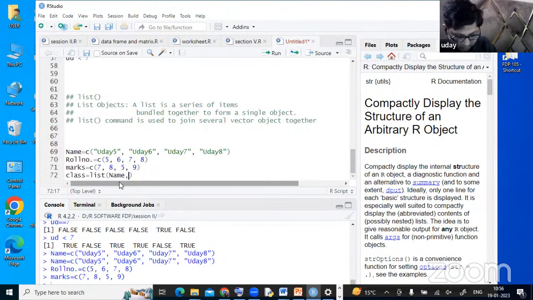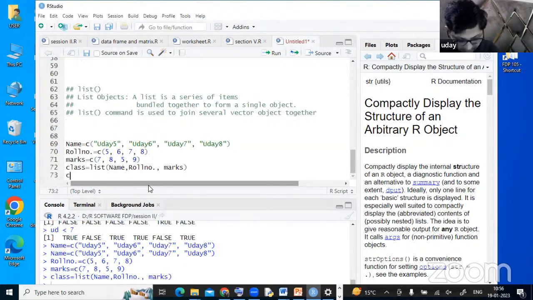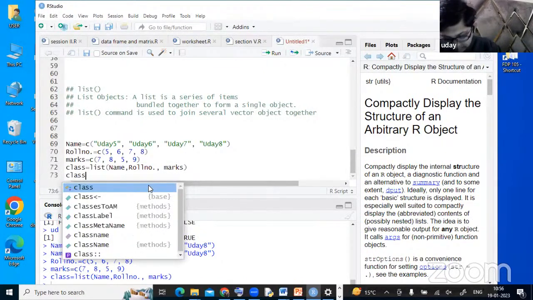Then the roll number, R-O-L-L. Please make sure you're writing the correct spelling. If the name is not correct, you will not get the correct answer. So when I run this, when I run class,